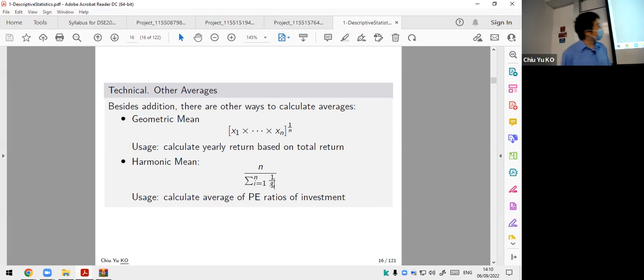Not going into detail, but when you use it and you look at the average PE ratio of your portfolio, that would be your average. If you're weighted, then just add weighted. I just put it there in case there's some other average you want to use. But the geometric one is very often used when you talk about finance data. I'm not going into detail because it's not our interest. When you later talk about finance or investment, you will use these two more often.